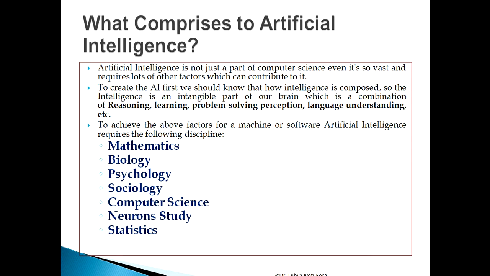To create AI, first we should know how intelligence is composed. Intelligence is an intangible part of our brain. You cannot touch it, but it exists. It is a combination of reasoning, learning, problem solving, perception, language understanding, etc. So accordingly, to achieve these factors, artificial intelligence requires disciplines like mathematics,